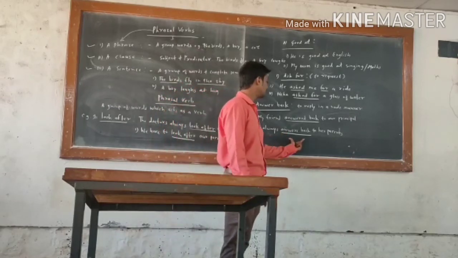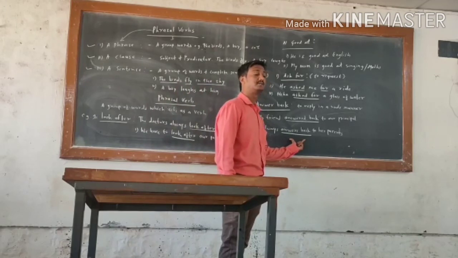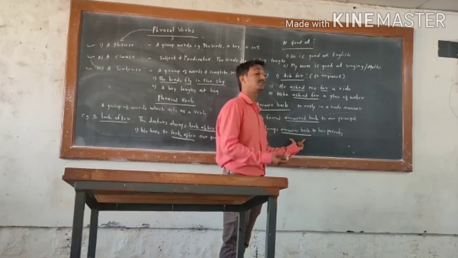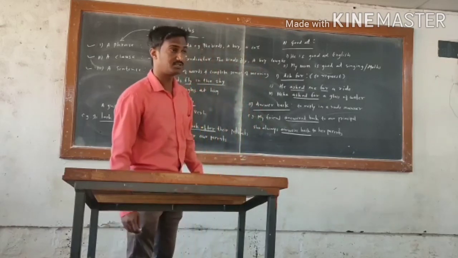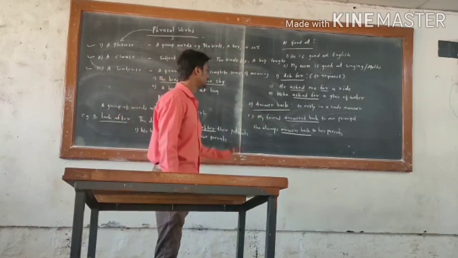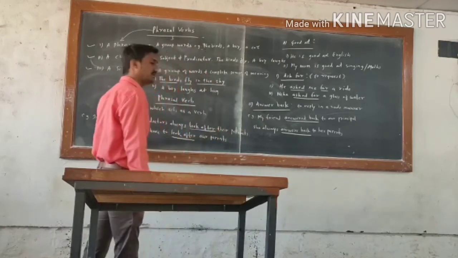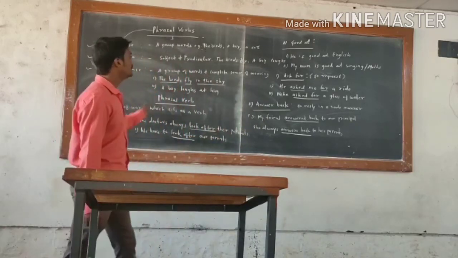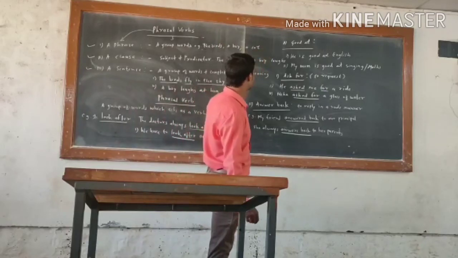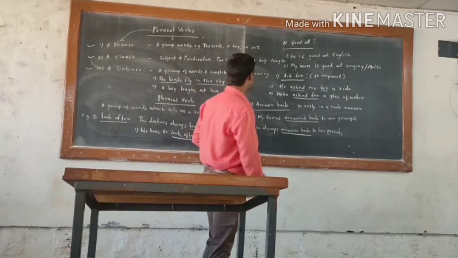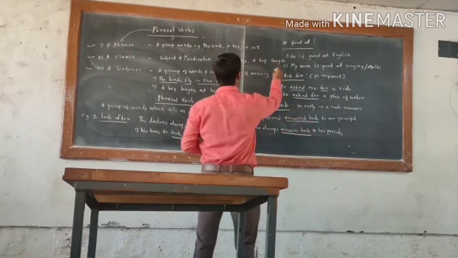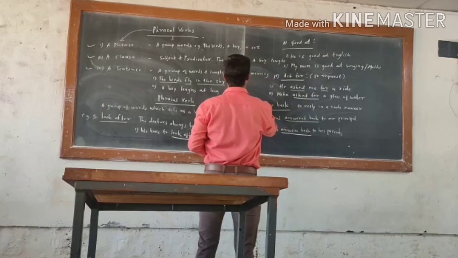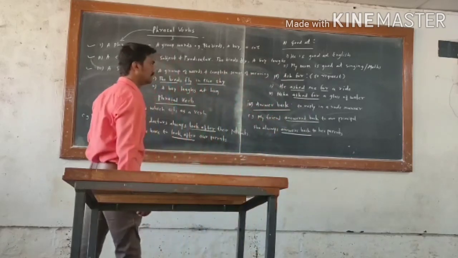And when I say she always answers back to her parents, what does it mean? It means her behavior is not good, or her way of speaking with the parents is not good. That is, she speaks in a rude manner. So, we have seen examples. The first one is look after, second one is good at, third one is answer back, and then we have also seen ask for. So this is the 4th one. Look after, good at,